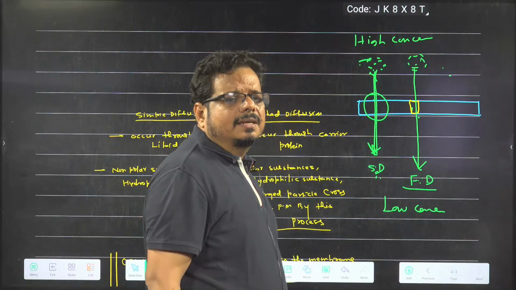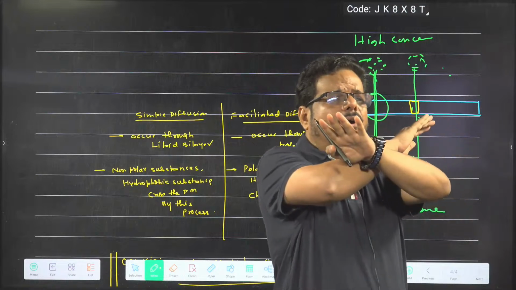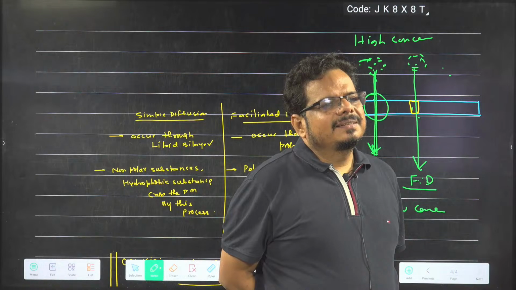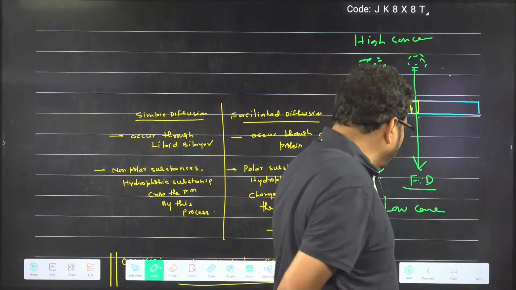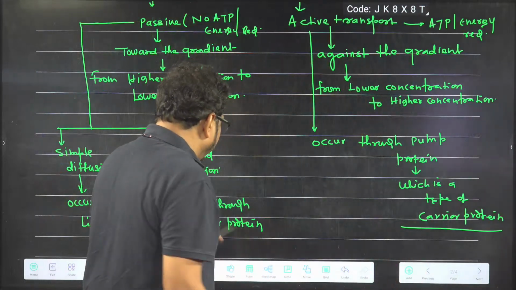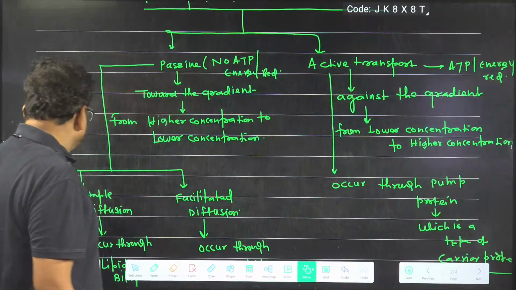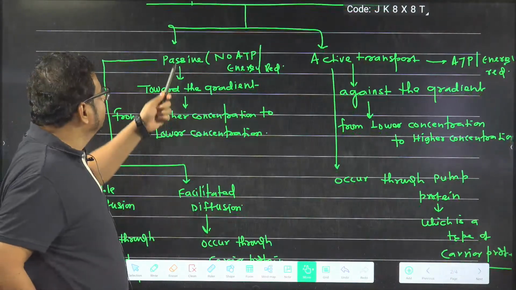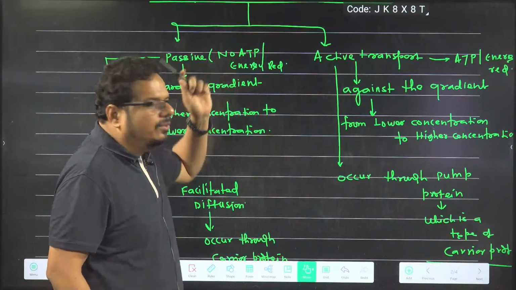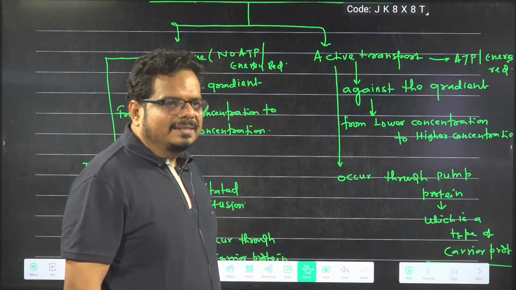Now, one student is asking, sir, osmosis is which type of transport? Diffusion does not require ATP at all, either facilitated or simple. I wrote that diffusion is a kind of passive transport. You see the flow chart. In the beginning, I wrote diffusion is a type of which transport? Passive transport. Either simple diffusion or facilitated diffusion, both are passive transport, and passive transport doesn't require any energy or ATP. You got the idea? Is it clear in the mind?